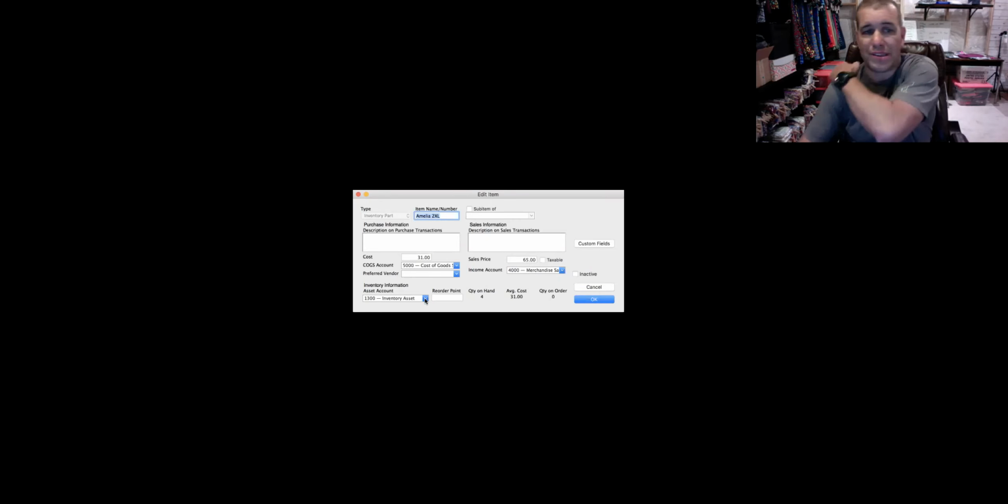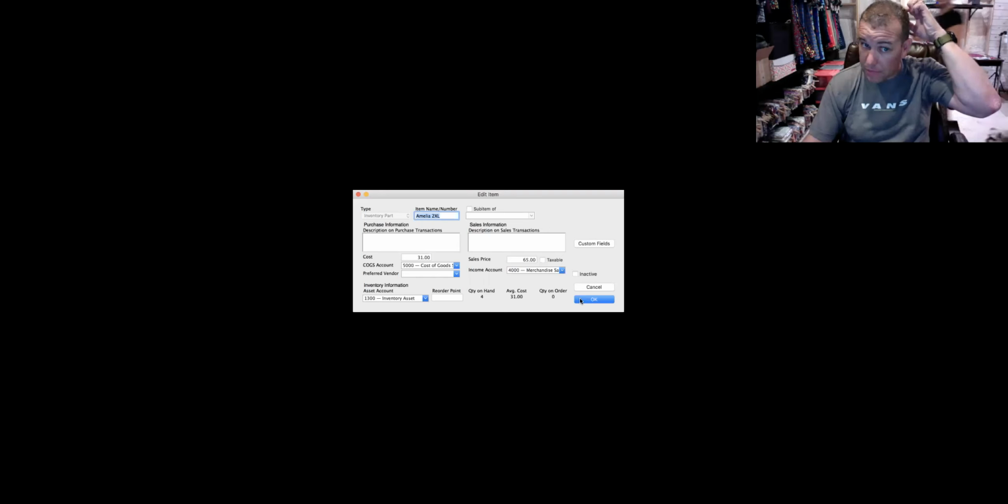It also is in an actual inventory asset account because it technically is an asset of your company because you buy it and then expense it out when you sell it. And then it gives you the quantity on hand, the average cost, and the quantity on order. So if you want to really look at detailing out your business as to what you have in inventory, what you have on hand, knowing exactly how much is in inventory and how much is on hand, it's a really good tool to